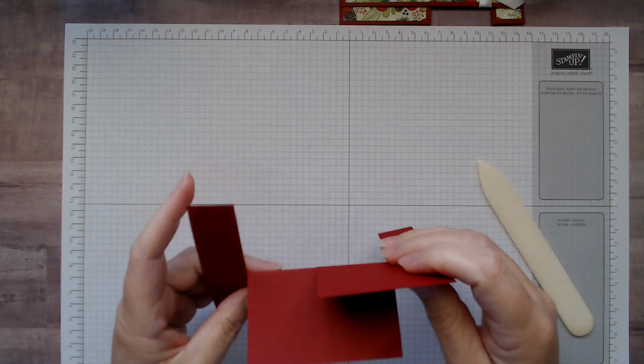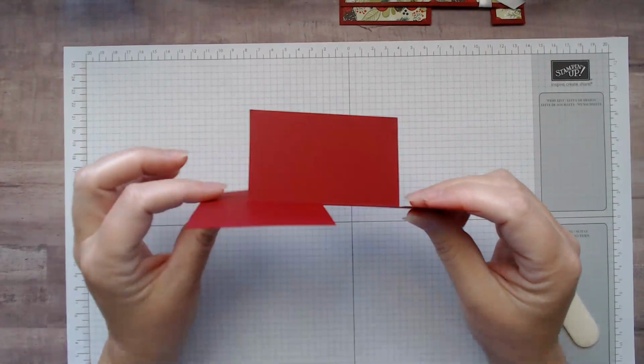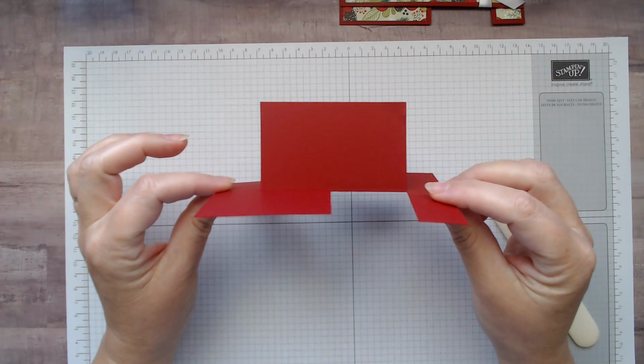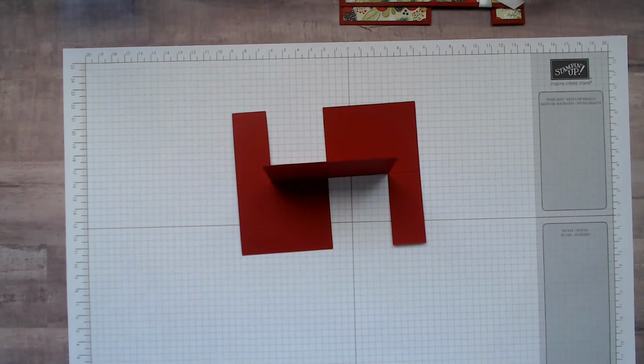Okay, so then when we stand it back up, it'll look just like that. Okay, you got that? So it'll look just like this. There, that's what it should look like. All right. Now we need to